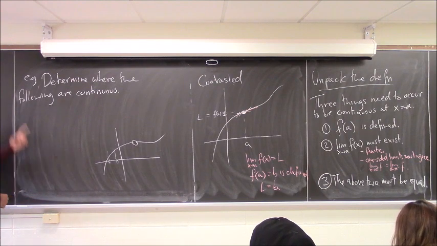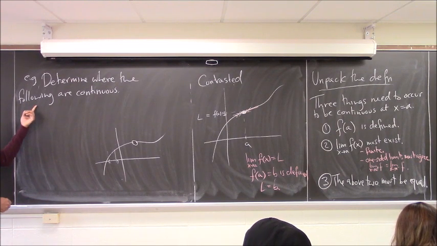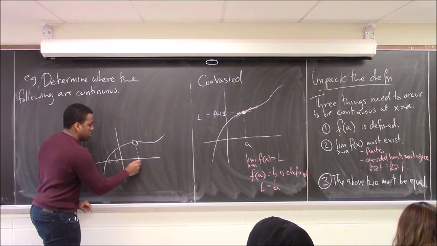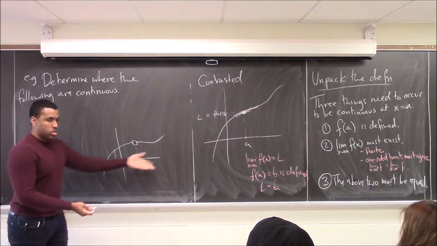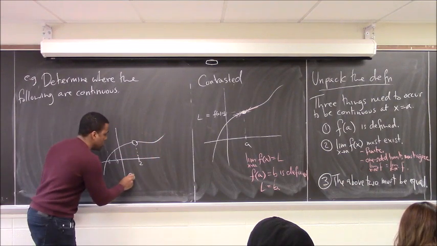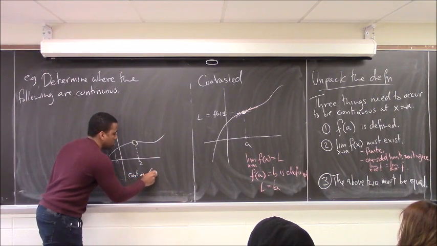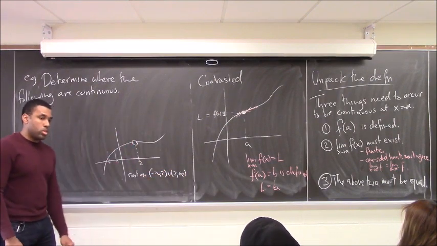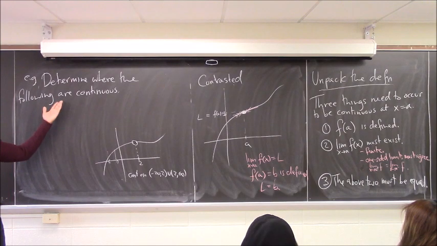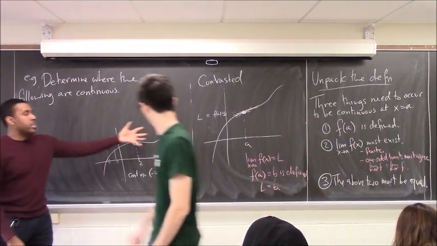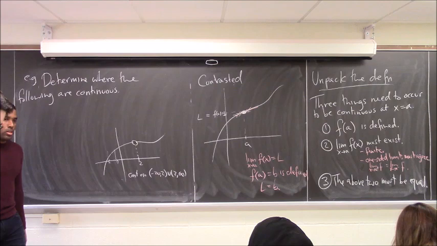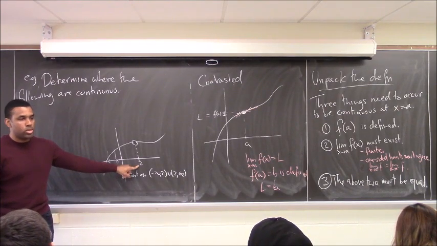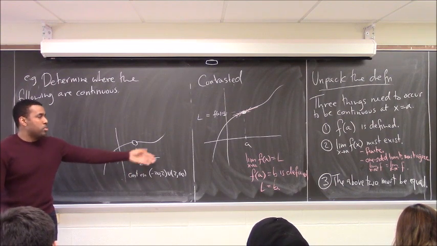So that's what I'm trying to talk about here, to determine where it's continuous. In this example I gave you, let's say this happened at 2, but everywhere else seems fine. I would say it's continuous on the interval minus infinity to 2 and 2 to infinity, but it's not including 2, right? So when I say where it's continuous, that's what I mean. So it's possible for it to be continuous in some parts and not other parts, right? But if you ask specifically the question, is it continuous at the point where x equals 2, the answer is no. But it could be continuous elsewhere,